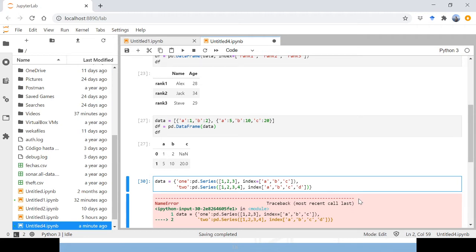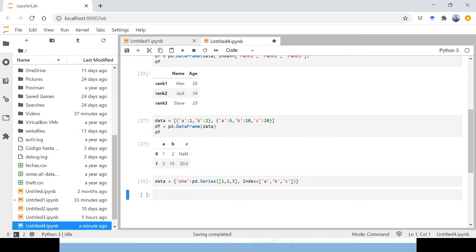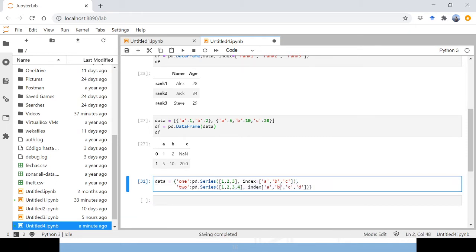Let me check. This works, right? Yeah. A symbol. Okay, we have here parentheses. Oh, okay. Thank you. Yes. Now